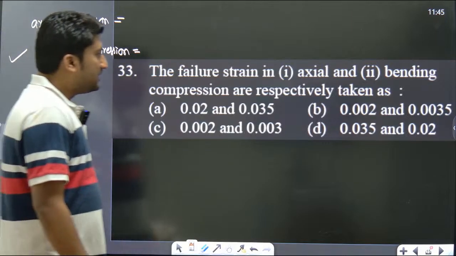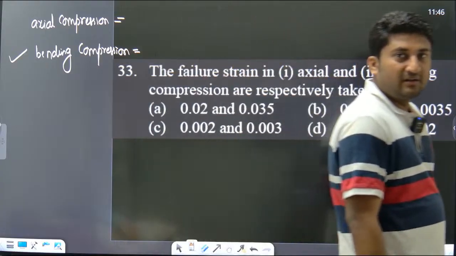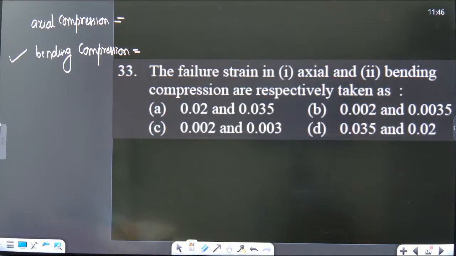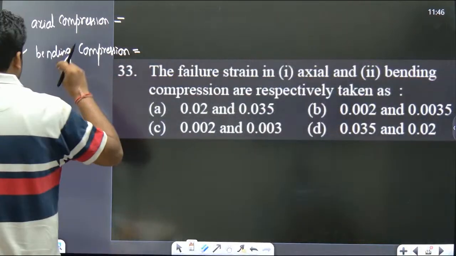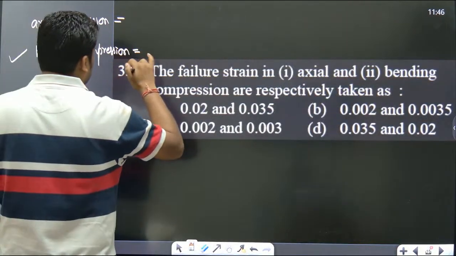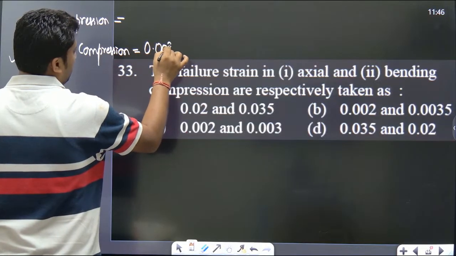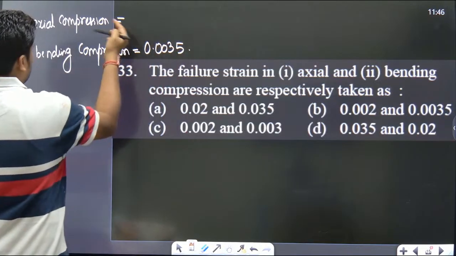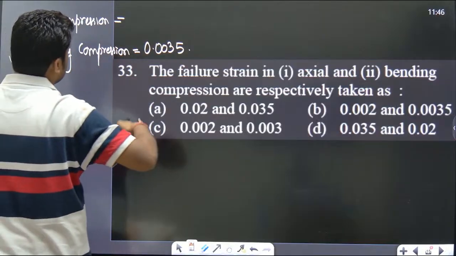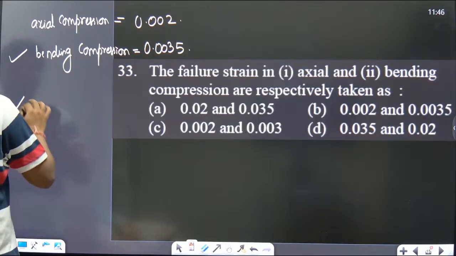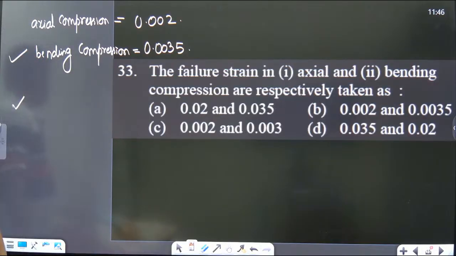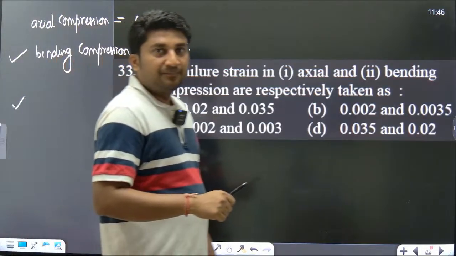Yes, very good. What is the correct answer for question 33? In bending compression, what is the maximum strain? The concrete is treated to fail when the strain comes out to be 0.0035, and in axial compression in the column, the maximum strain is 0.002. And the third value is, while casting the concrete,